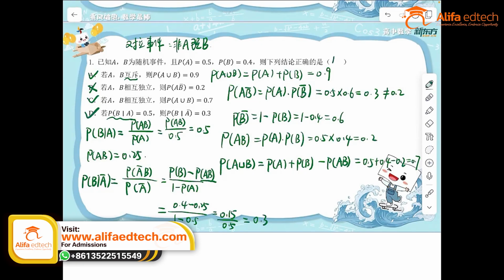Therefore, the correct answers are A, C, and D. So, for this question, what it mainly tests us on is the formulas related to probability, which involve mutually exclusive events. We also talked about, besides mutual exclusivity, what complementary events are, that is, not A or not B. In addition, we discussed independent events and, in option D, conditional probability.